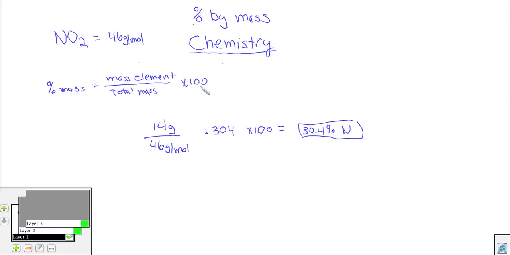Now what about the oxygen? There are a couple of ways you could do it. You could just subtract this from 100, knowing that you're dealing with percentages, or you could work it out. For my oxygen, it's going to weigh a total of 32 grams because there are 2 of them, each having a molar mass of 16. So my oxygen is 32 divided by 46 grams per mole, which is 0.696. Multiplied times 100, that gives me